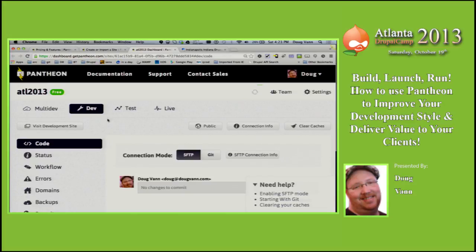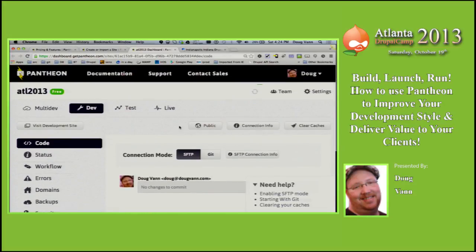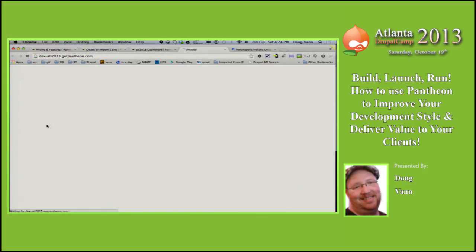So here's my project. I have lots of options on the left, lots of options up top. First thing I want to do is visit my development site. So here's a link right here to visit the site that I just built. This is my Pantheon dashboard. Obviously, this is not my Drupal site. So when I go to visit the site,